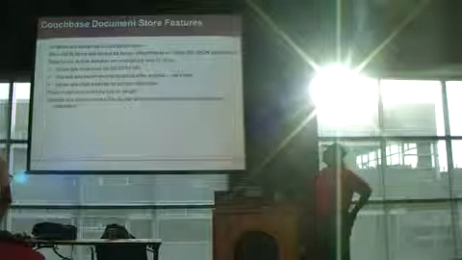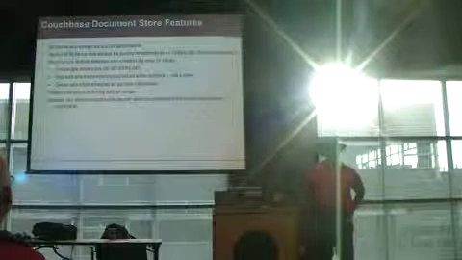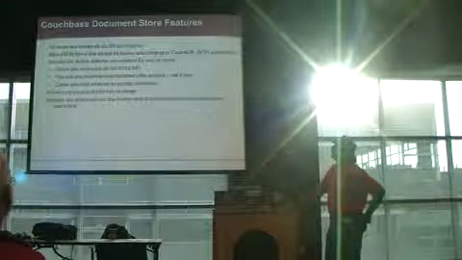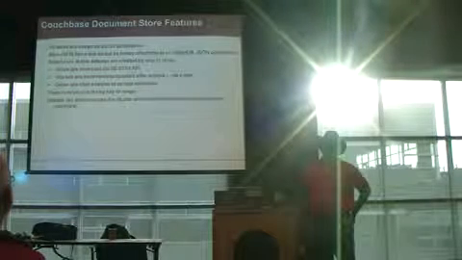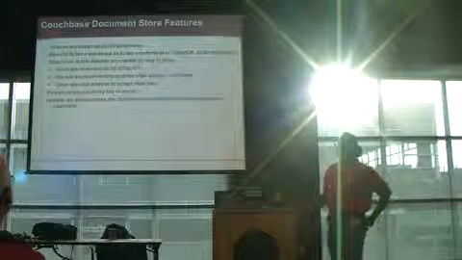So with the document store itself, all items are stored as JSON documents. If you don't store it as JSON, it's just like a binary blob. Okay, and I'll talk about that in a little bit. And there are secondary indexes which are stored as B trees. And again, with B trees, you can achieve